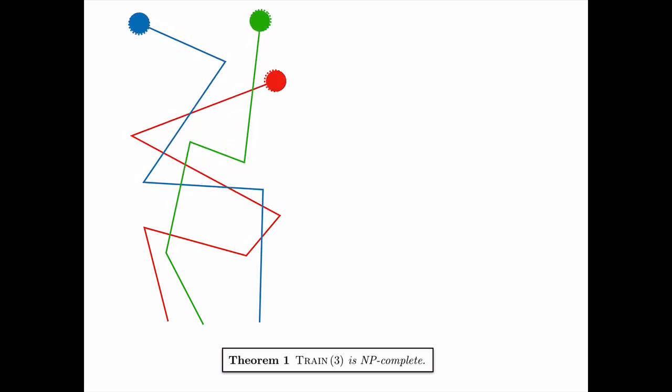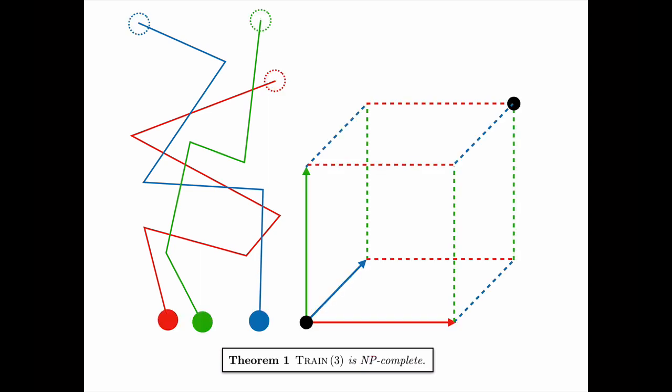And here we showed that even the problem of scheduling only 3 trains is NP-complete. So the main idea of the proof is we consider the 3-dimensional parameter space of the 3 input tracks, which means each point in the parameter space corresponds to a configuration of the trains lying on specific tracks. So for example, the point bottom left corresponds to the configuration that each train lies on its start